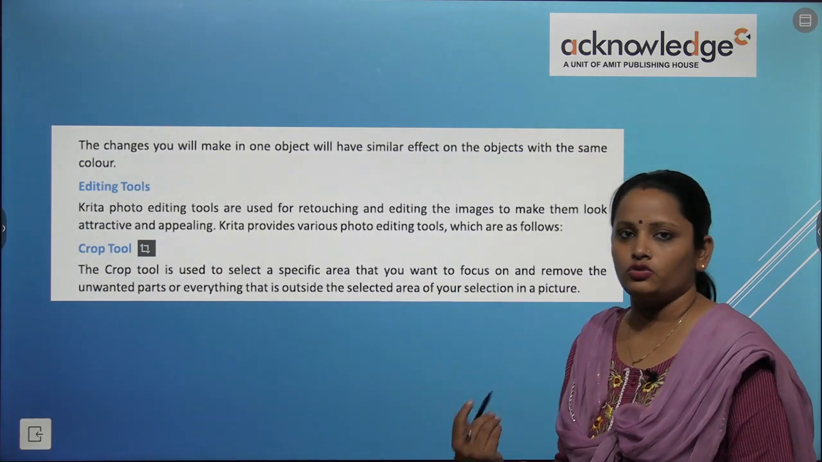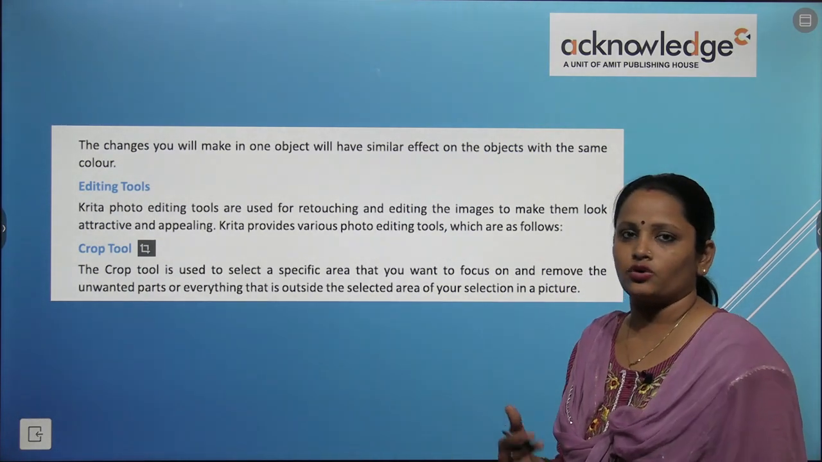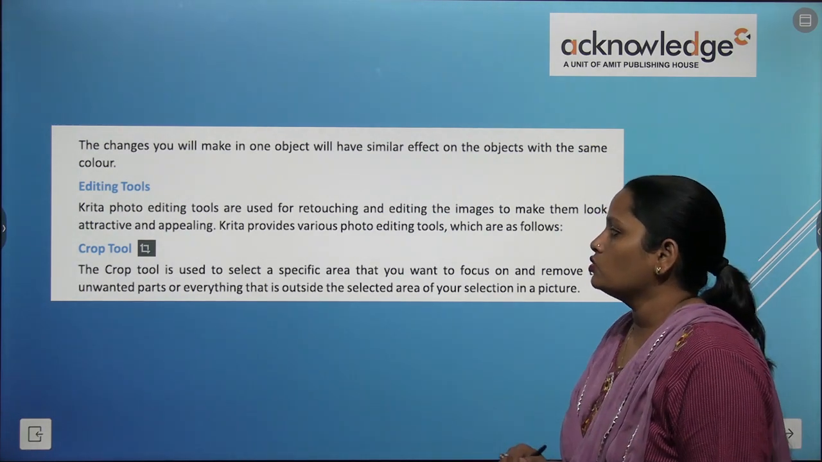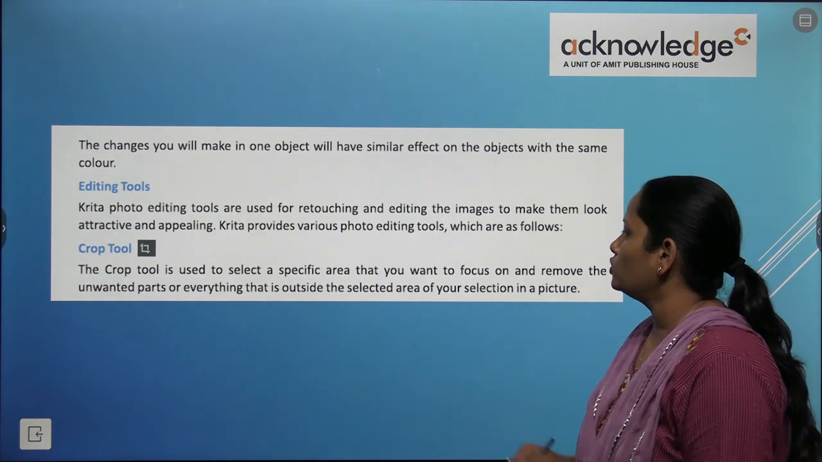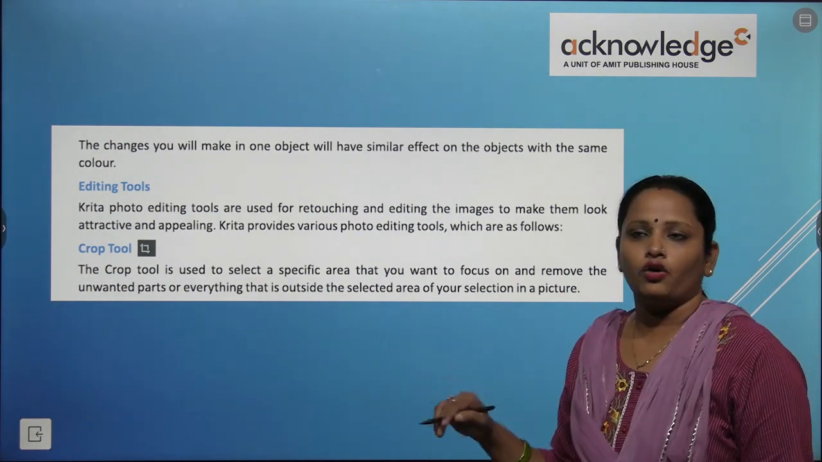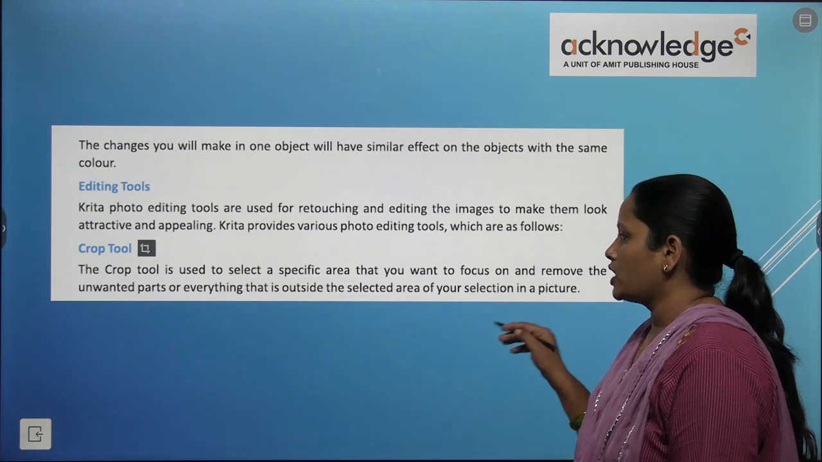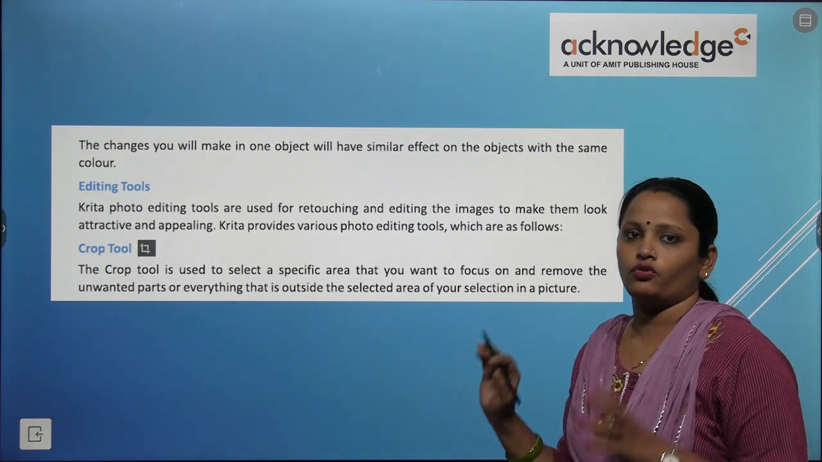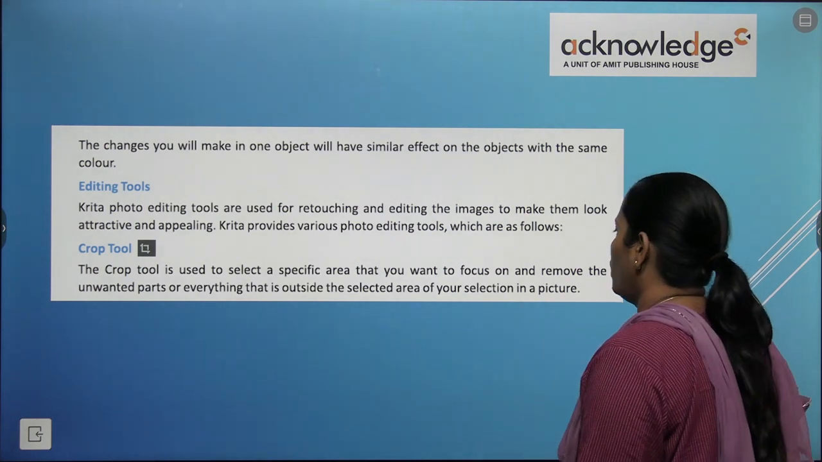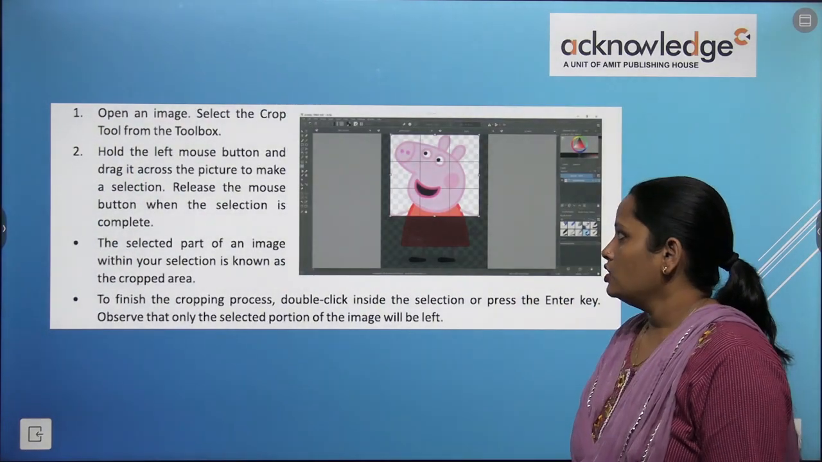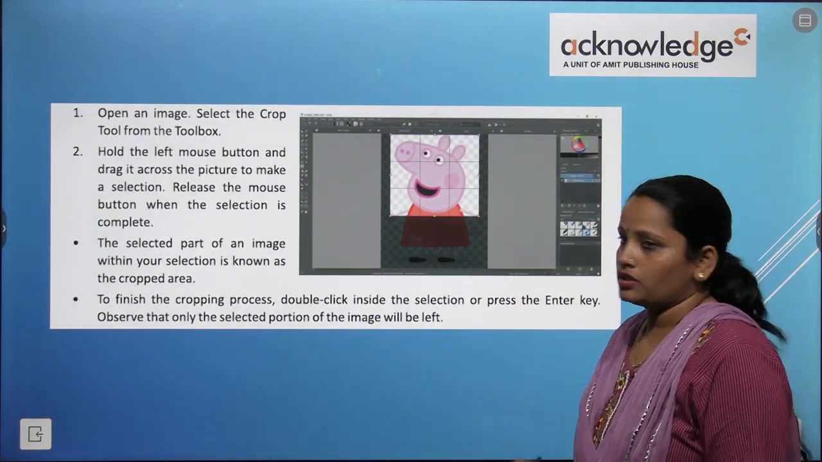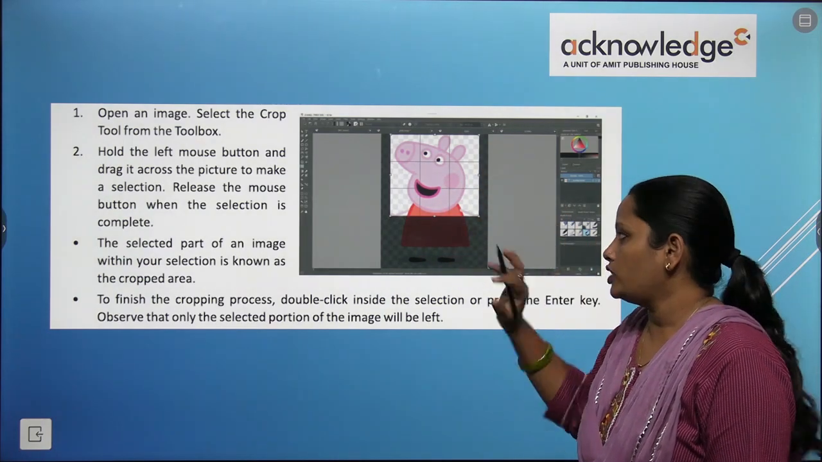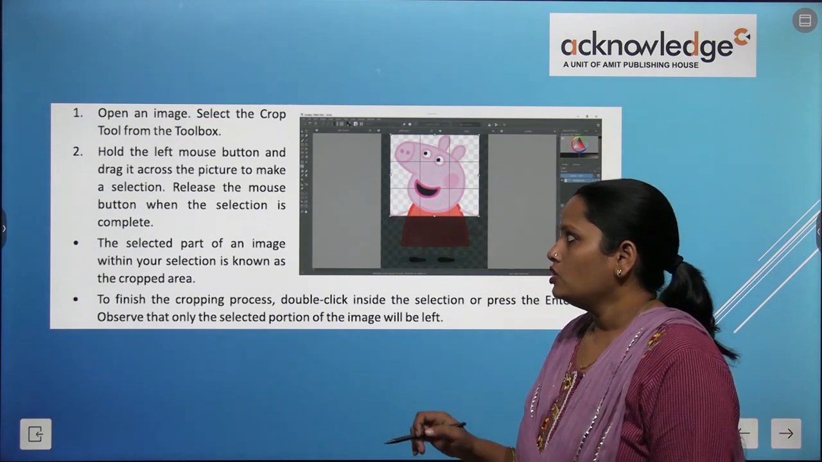Crop हमने अपने फोन में भी यूज कर रखा होगा, सबको पता होगा crop picture को कैसे करते हैं। So same feature is here of the crop tool. The crop tool is used to select the specific area that you want to focus on and remove the unwanted part, everything that is outside the selected area of your selection in the picture. So जो भी एरिया हमने सेलेक्ट किया सिर्फ वो दिखेगा, बाकी पिक्चर का और पार्ट वहां से हट जाएगा। So here we can see पेपा पिग की पिक्चर थी, हमने क्रॉप कर दिया इतने एरिया, तो हमें इतना एरिया दिखेगा, नीचे का और साइड का जो एरिया जो डार्क ब्लैक है वो हमें नहीं दिखेगा।